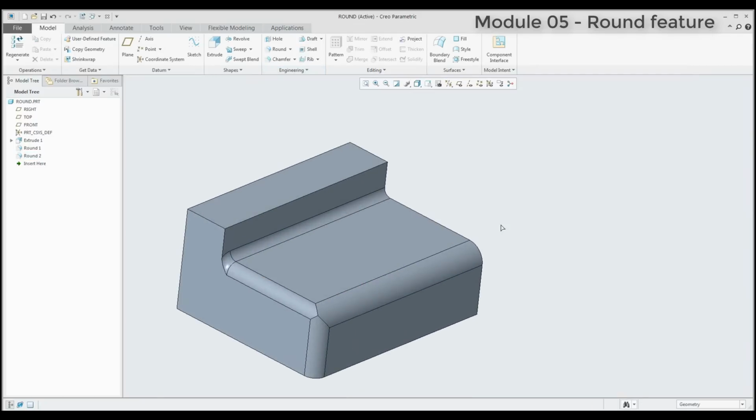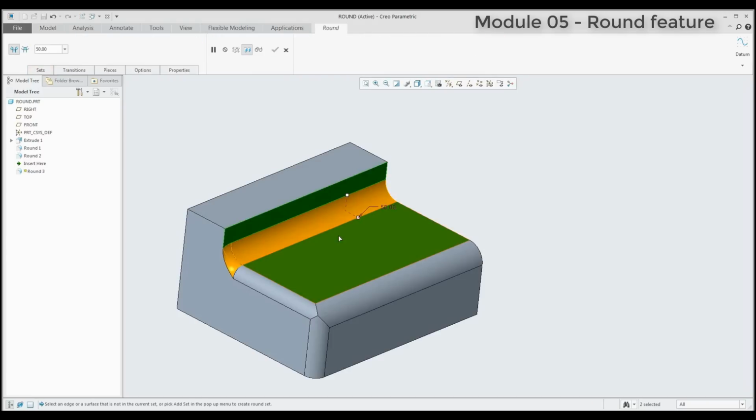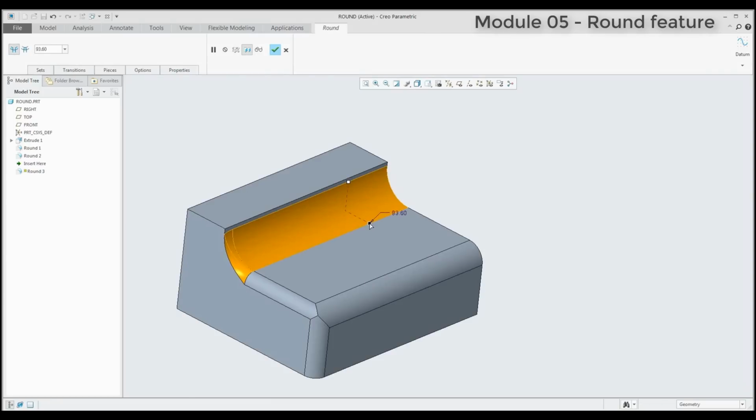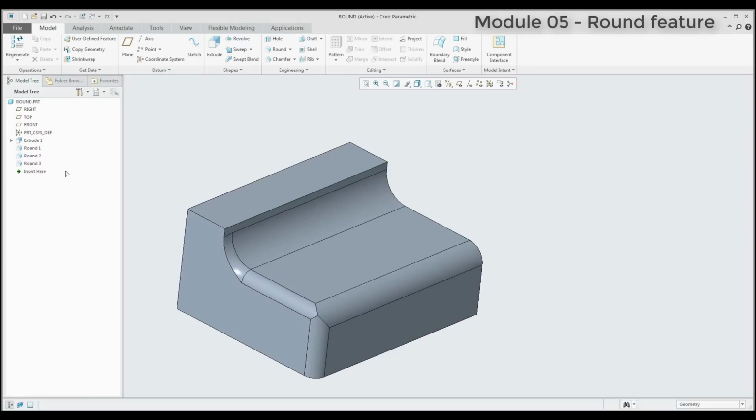Okay, sometimes you can create the small round feature, and then, if you specify the round feature between two surfaces, you can create a bigger one. This kind of creation of the round feature is useful if you have problems with small surfaces and it's really hard to create the bigger radius. So it's something like a tip how to modify and create rounds. We can go back and delete these examples,